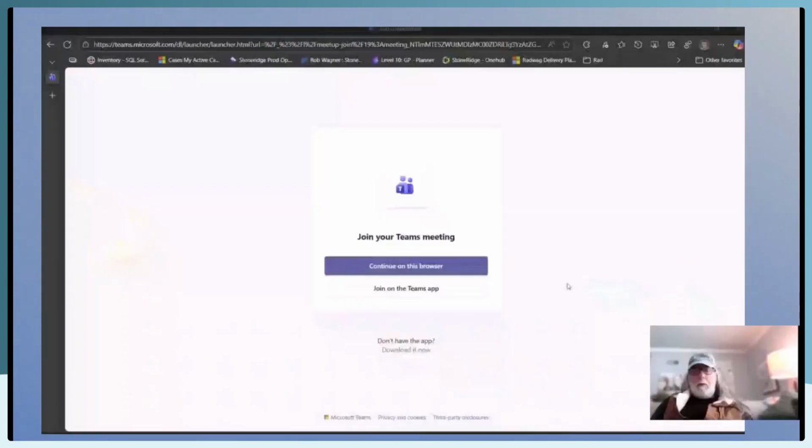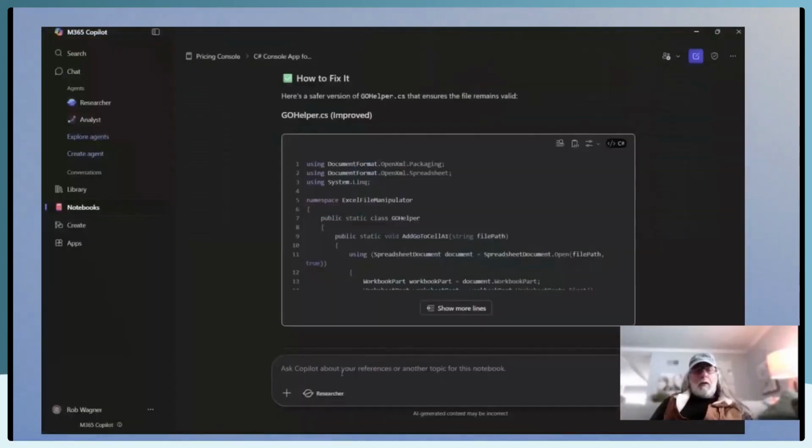So today we're going to write some code using Copilot that will take a very large file and split it into many chunks just using the C# programming language and a console application. So I'll start by sharing my screen here, and we'll just fire up our handy dandy Copilot and we'll say,